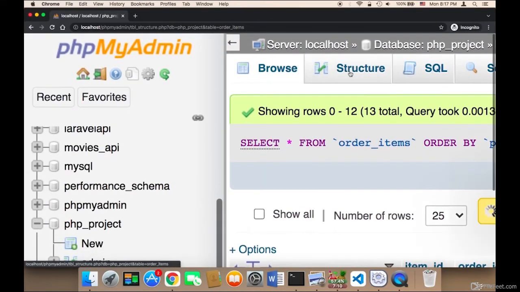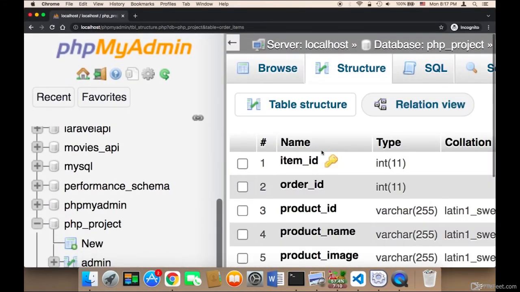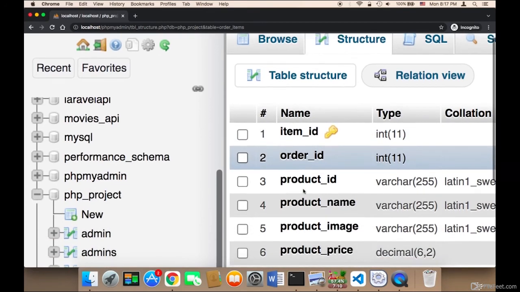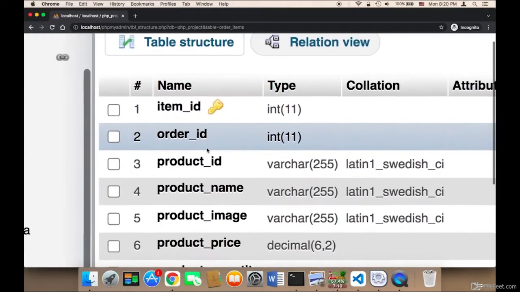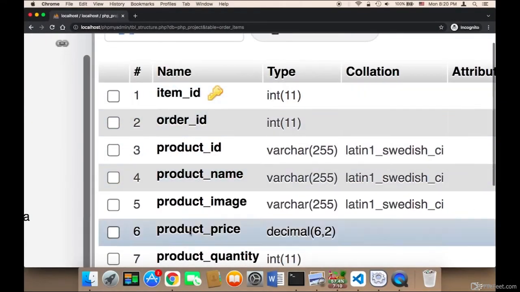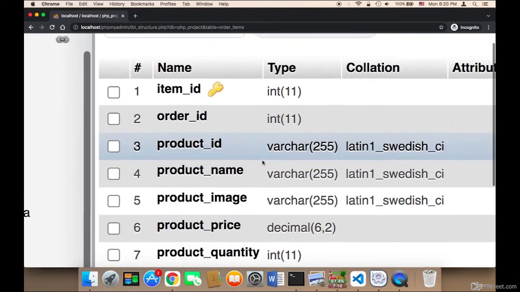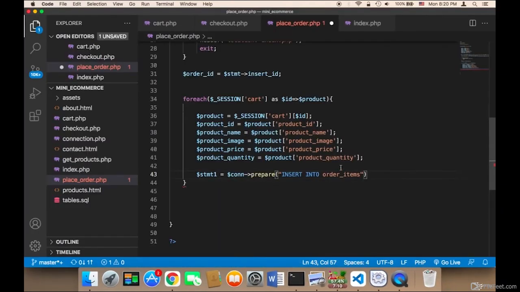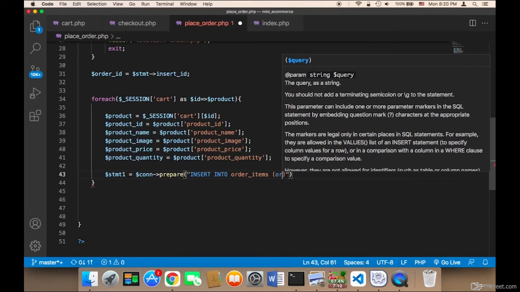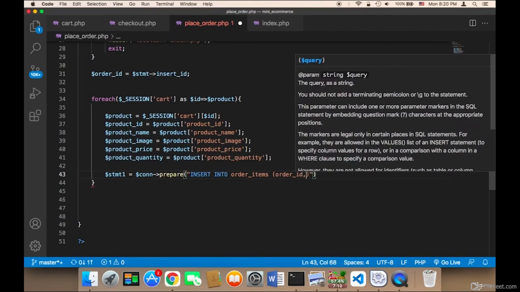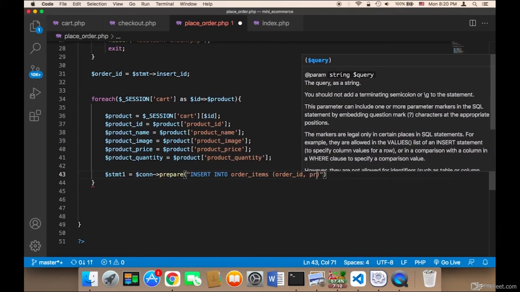Let me show you what we want to insert. I'm going to click on structure. So what we want to insert is the order ID, the product ID, name, image, price, all of these things. Let's start now. Here we need to say order items, and then we need to insert. First, I'm going to start with the order ID. We need to say order underscore ID, and then the product ID,